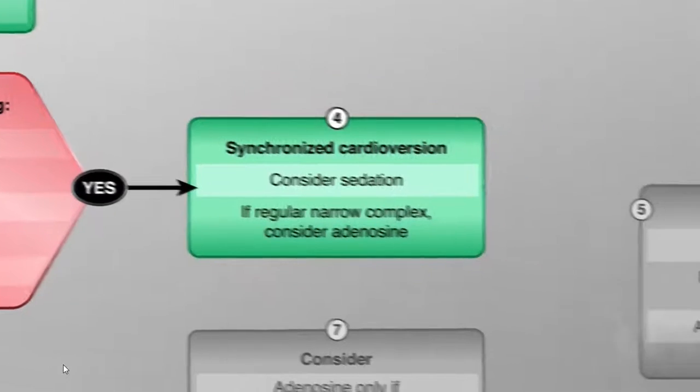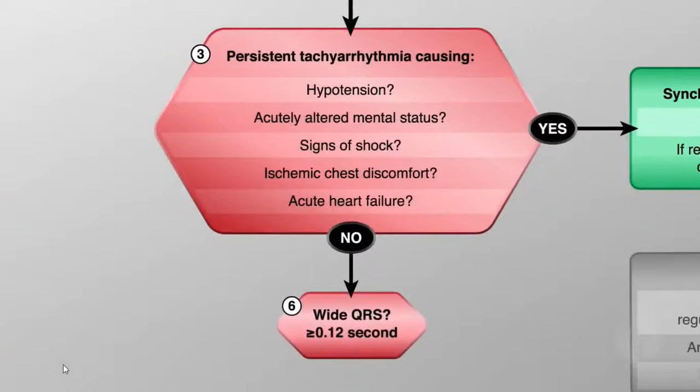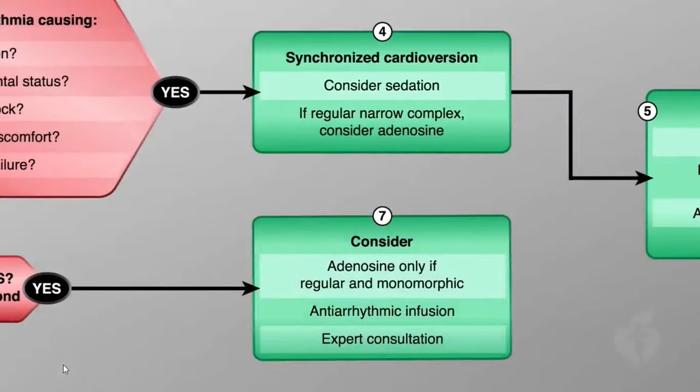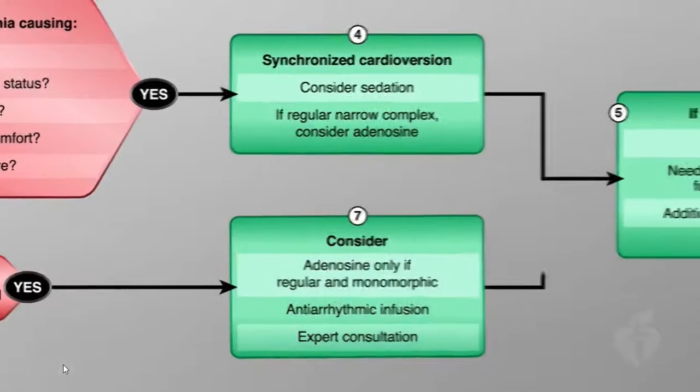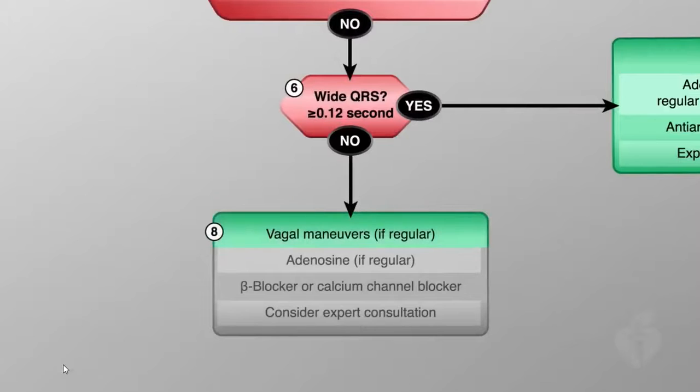If cardioversion is unsuccessful, consider the following: underlying causes, the need to increase energy level for next cardioversion, the addition of antiarrhythmic drugs, and expert consultation. On the other hand, if the patient is stable, the treatment path is determined by whether QRS is wide or narrow and whether the rhythm is regular or irregular. If a monomorphic wide complex rhythm is present and the patient is stable, expert consultation is advised because treatment has the potential for harm. The therapy for narrow QRS with regular rhythm is to attempt vagal maneuvers and, if unsuccessful,